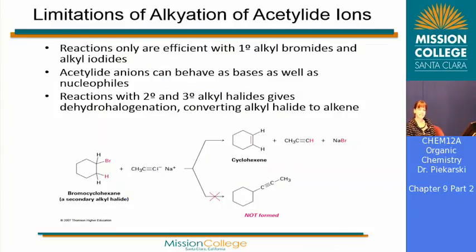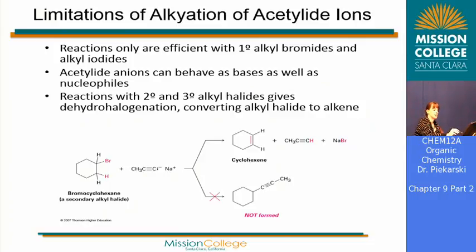I can't emphasize it enough. The limitation to the alkylation of acetylide anions is that the reactions are only efficient with primary alkyl bromides and alkyl iodides. Even with alkyl chlorides, we don't get very high yields. Acetylide anions can behave as bases as well as nucleophiles, so that's why you have to be careful. If you react with the secondary and tertiary alkyl halide, it actually gives the elimination dehydrohalogenation product, converting the alkyl